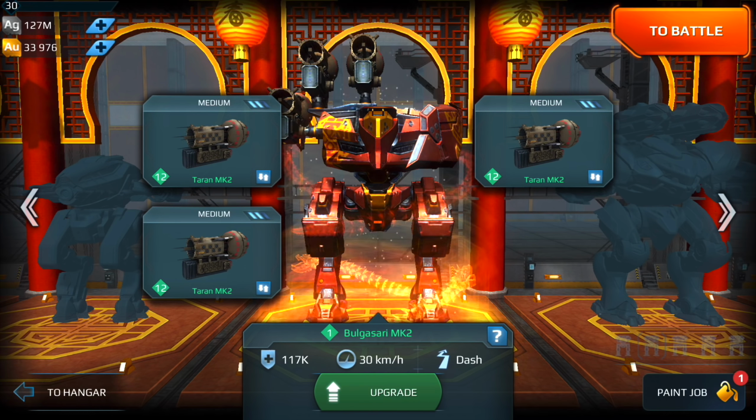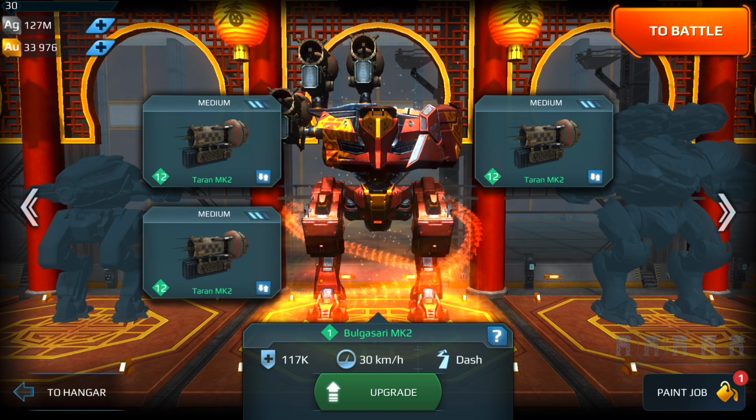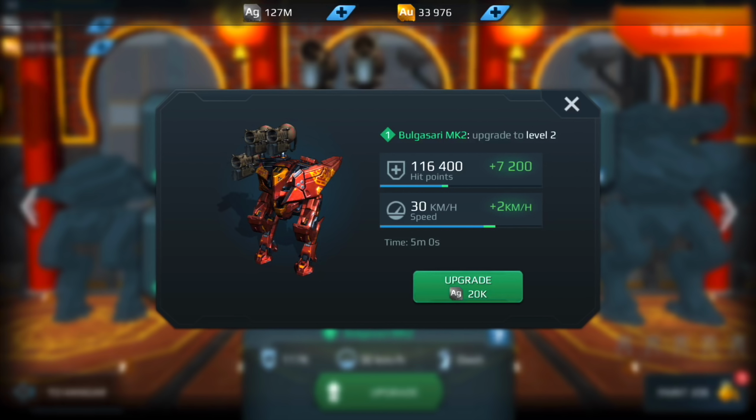And at the bottom it has 117,000. I think that was about right. So 117,000. So it actually has less health now. It doesn't have 190,000. So what I have to now do is I have to upgrade this, and hopefully I have enough